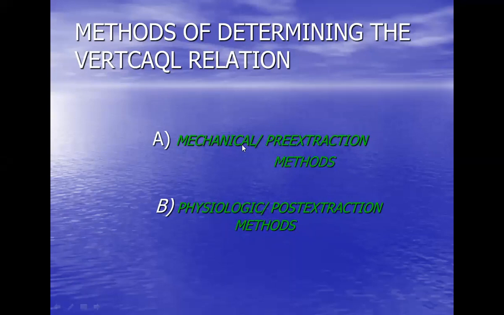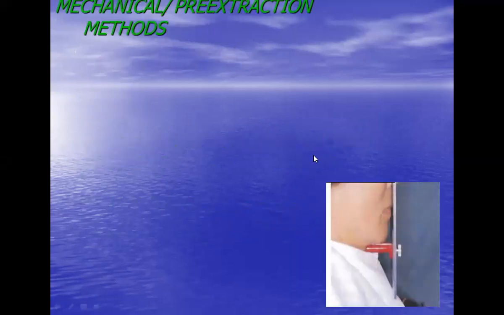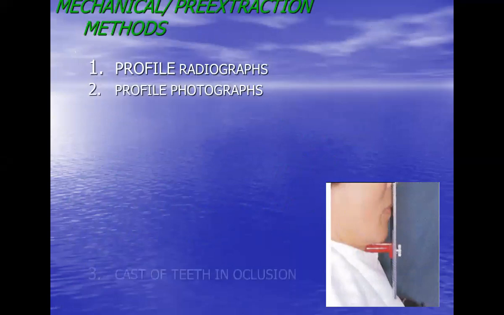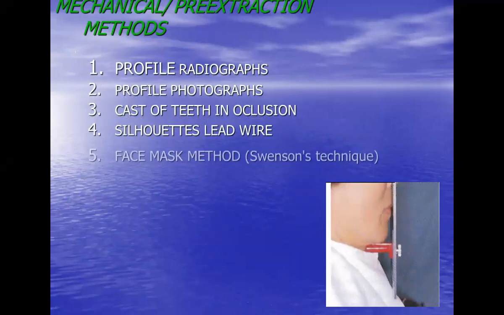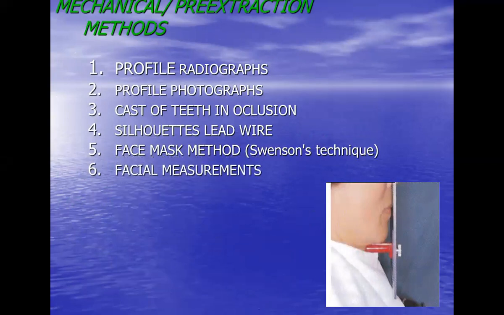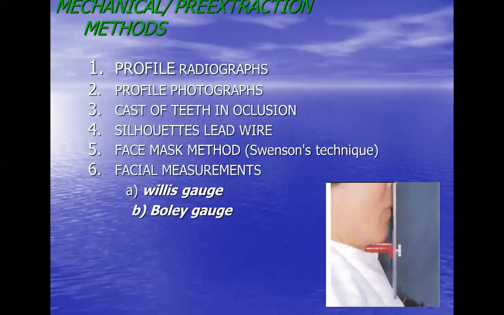There are two categories. तो पहले हम first category को देखते हैं, pre-extraction category जो होती है. We have different methods there. सारों को एक दफा देखते हैं कौन कौन से, फिर एक एक करके उनको discuss करते हैं. So we have profile radiographs, we have photographs, we have cast, then we have sloth lead wire method, उसको भी discuss करते हैं. Face mask method, Swenson method भी कहते हैं,